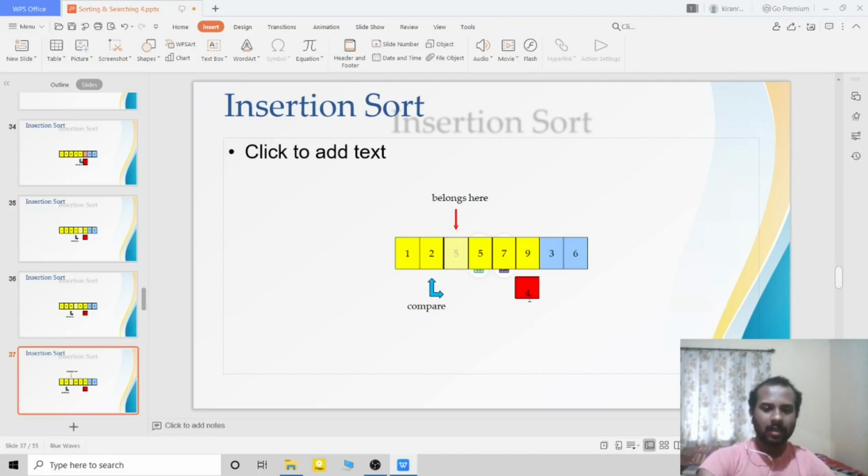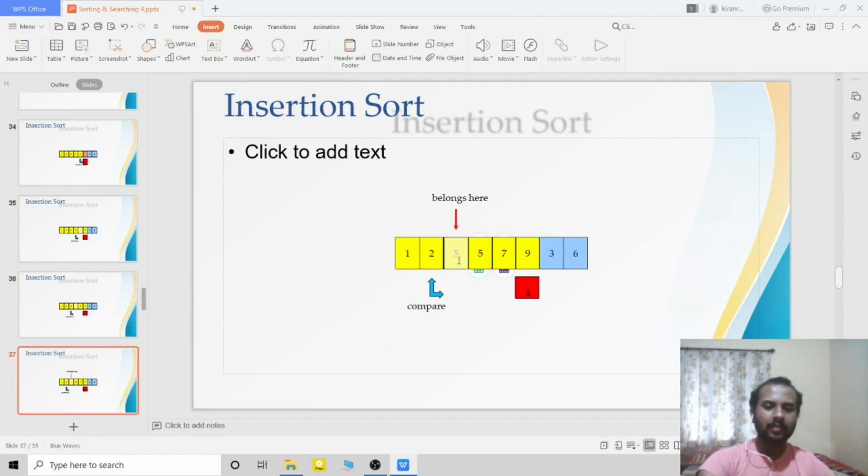Okay, but what about the while statement? While temp is lesser than or equal to A of PTR, right? A of PTR is this one, so you are comparing it with the temp. Whether the temp is smaller, temp is not smaller. So what I have to do? You have to insert the temp at this position. Okay, but PTR is pointing to this position. So first what you have to do? First I have to increment the PTR value. So I am going to increment PTR is equal to PTR plus 1.